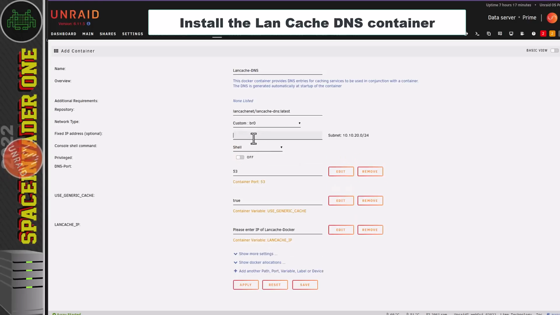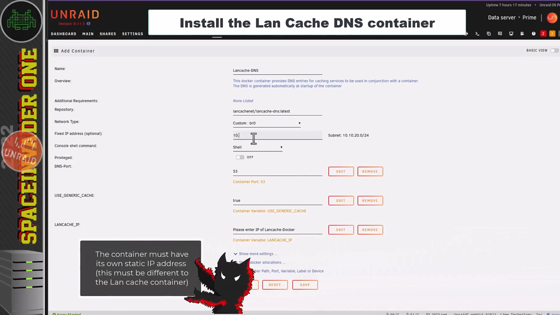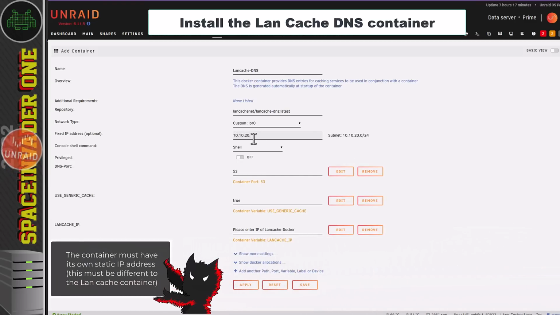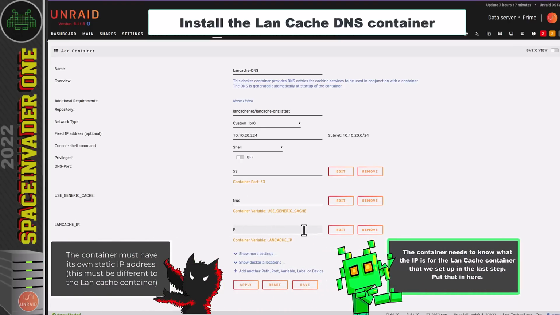Now the LAN cache DNS needs a different IP address to the LAN cache. So for me, I'm going to choose 10.10.20.224. We can leave the DNS port the same, and use generic cache, we can leave that as true. But for the LAN cache IP, this is where we need to put the IP address that we chose for the LAN cache monolithic server earlier. And for me, that was